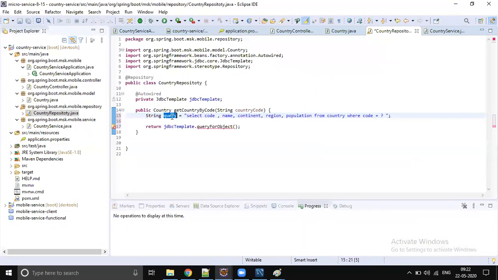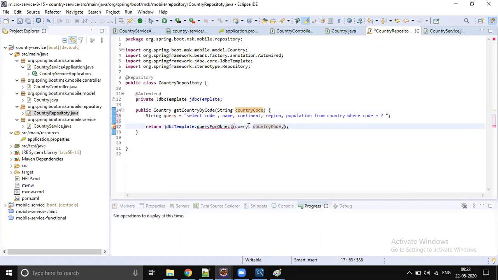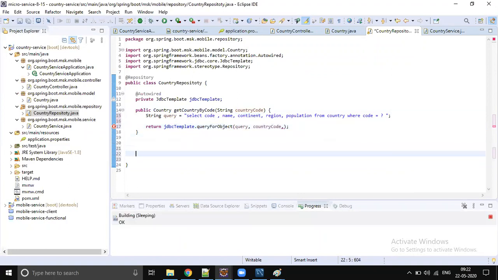Okay, so the first argument is the query, and the second argument is the data. So what should we do? We should use record dot country code, and the third argument should be the row mapper, right? So let's write some row mapper. Static final class CountryRowMapper.